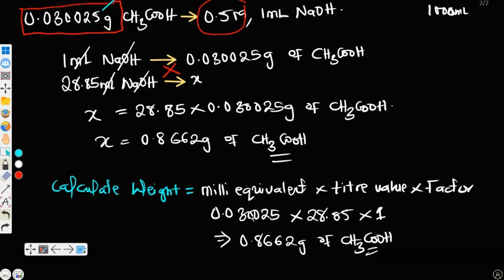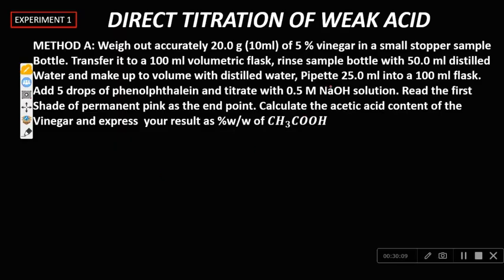So this is the amount of acetic acid that was present in the 25 ml that you actually pipetted and titrated. Now listen, if you read the practical, what did you titrate with? It says weigh out accurately 20 gram of 5% vinegar into a small stoppered sample bottle. Transfer it to a 100 ml volumetric flask. This will not concern you. Rinse the sample bottle with 50 ml distilled water and make up to volume with distilled water. That means, listen, it means 20 gram,